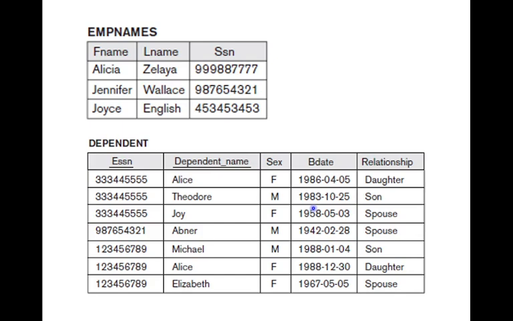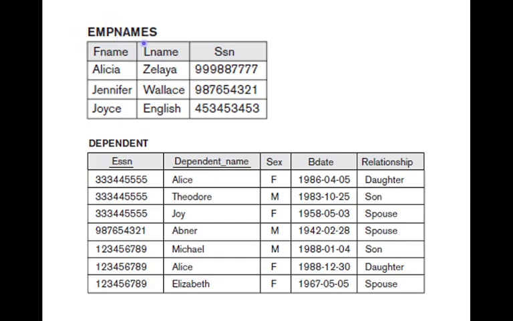So we'll see another example. We have already seen this example, to find the dependents of some female employees. I am taking some part of the previous example, so you can refer to the previous slide or previous video lecture.